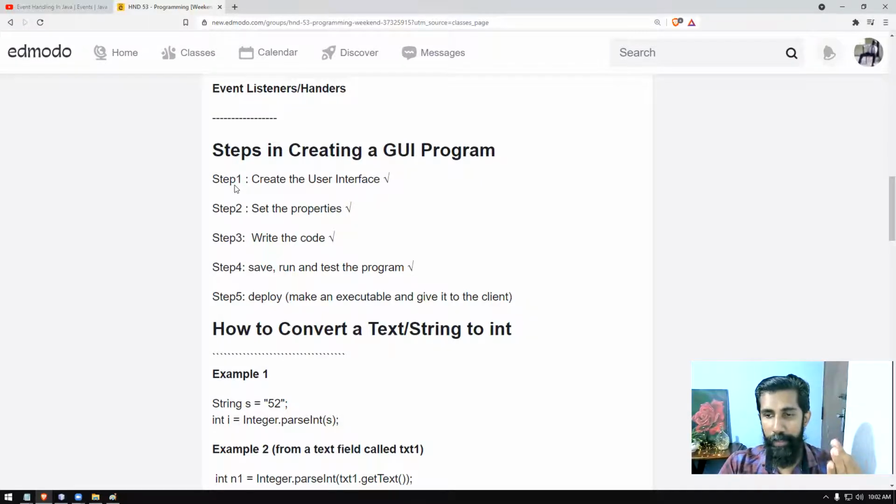So as the developer or as the designer, you have the idea what input to take and how to take it. So in a GUI program also, when you want to design the program, when you want to take the input from the user, you need to have an idea what input you are taking. Like for example, it is asking to select your gender. So you have an option to leave a text box there. The user can type his or her gender, male, female, or one person will type capital M, another person will type simple F, another person will type female, spelling mistakes, all the things can come.